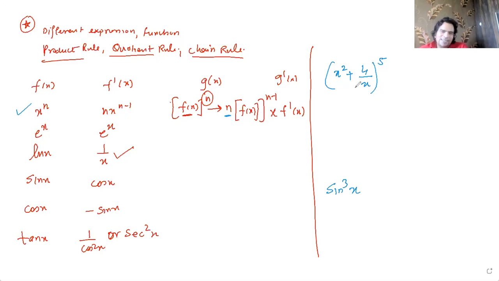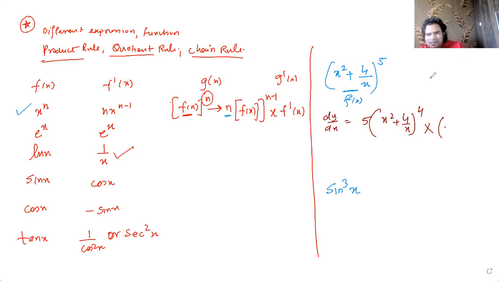Now, once again here, the parent function is x to the power 5, and the child function is x squared plus 4 over x. So again, the entire thing is f of x. Now let's do the derivative for this. The derivative dy by dx is going to be 5 times x squared plus 4 over x. The first step is, don't touch the child at all. So to the power 4, times the derivative of x squared plus 4 over x, which is going to be,